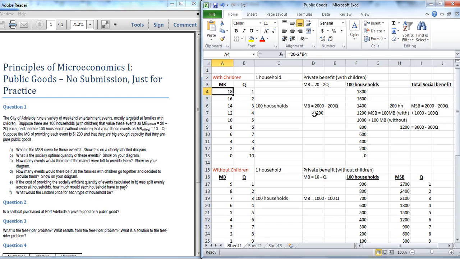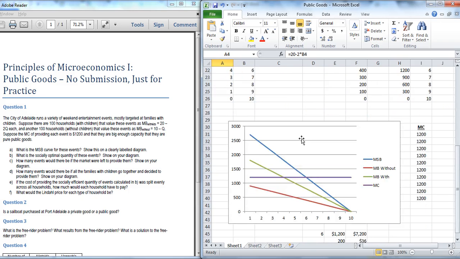So if we say, okay, we know the marginal benefit has to equal the marginal cost, and that's going to be 1,200, we say 1,200 equals 2,000 minus 200Q. In other words, move the 200Q over here, make it positive, 200Q equals, and the 1,200 goes over here, makes it negative, 2,000 minus 1,200, in other words, 800. So we're going to have 200Q equals 800, and we're going to have a quantity of 4 again, like the